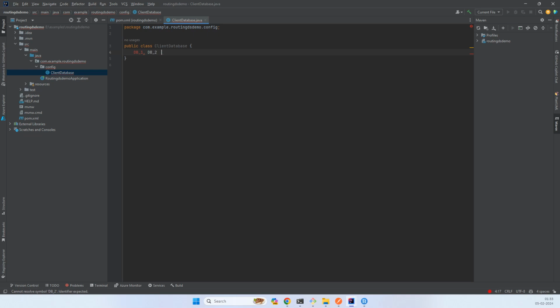So the first one represents the London database, and the second one would be the New York database. All right, and we have to declare an enum. So we are done. Now we'll create a context, so that the context will be switching the database between